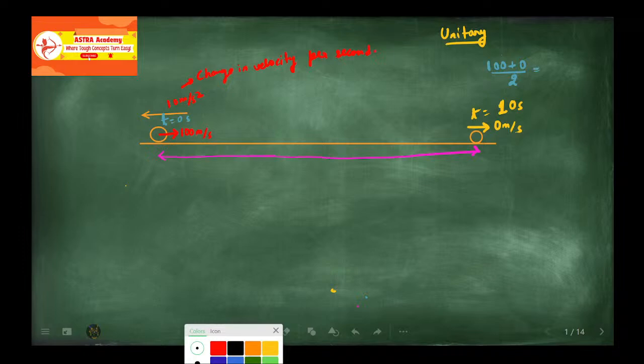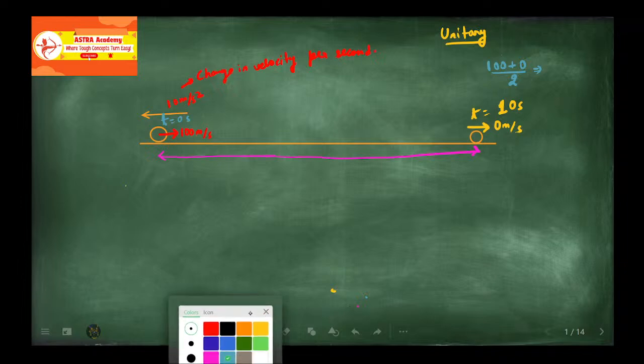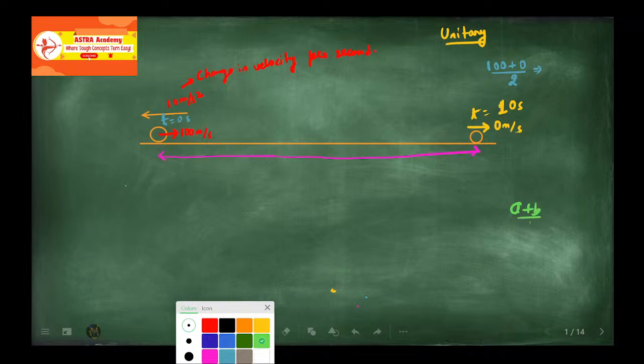Okay. How do you find the mean of two numbers? Do you know how to find the arithmetic mean of two numbers? It is (a + b) / 2. You must be knowing that if a and b are two numbers, then their arithmetic mean is (a + b) / 2. So the arithmetic mean of 100 and 0 will